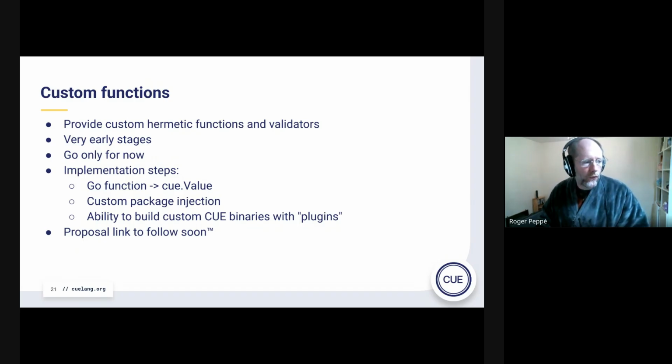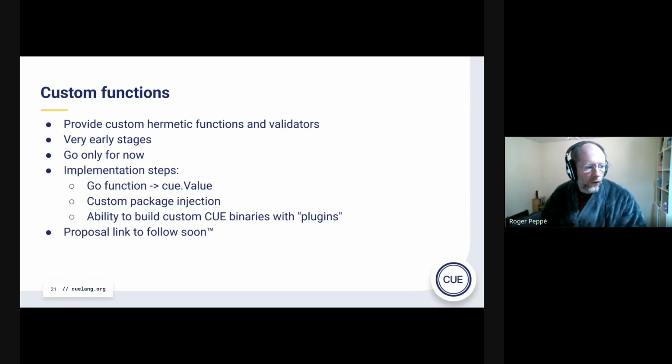There's three stages for that. One is to provide the ability to take your own Go function and turn that into a CUE value that's then callable. Then something which allows you to say, given a particular import, you can provide a package that's going to be returned from that, which can have your own functions in. That means you'll be able to have an import that calls your own custom functions.